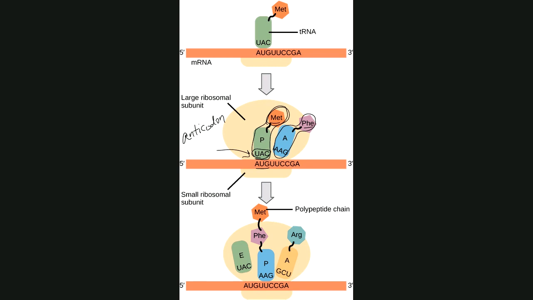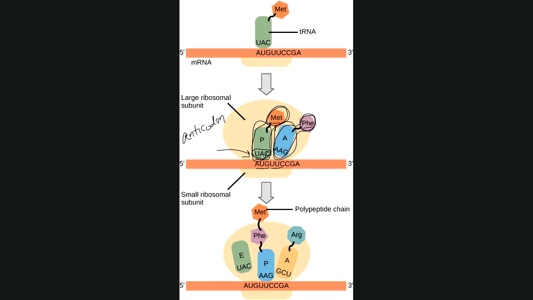So the next tRNA that's coming in, AAG, is complementary to this next codon, and it has the appropriate amino acid attached, phenylalanine. Okay, so notice that there are a couple of binding sites for tRNA molecules on the ribosome. So we have one here, we have another one here. These are called the P or peptidyl binding site and the A binding site. Now, once they are both bound,